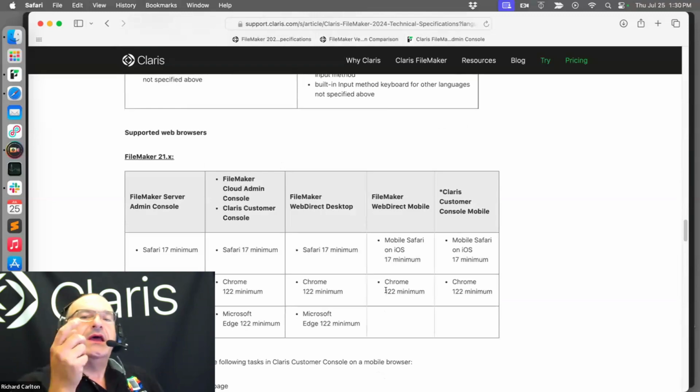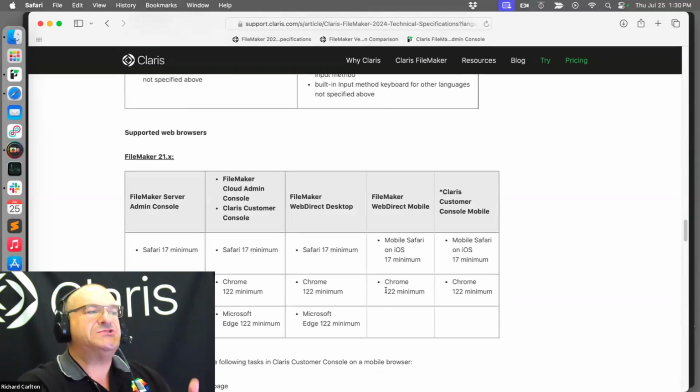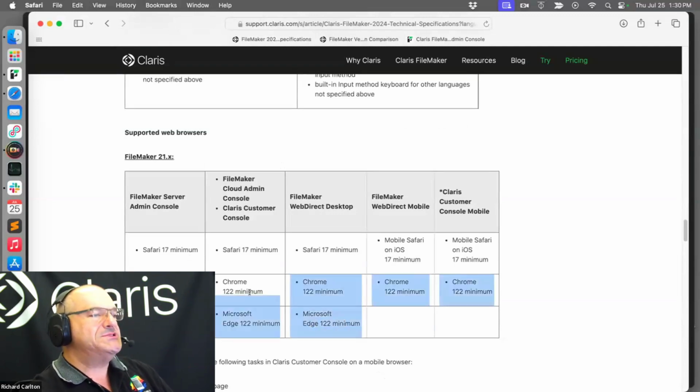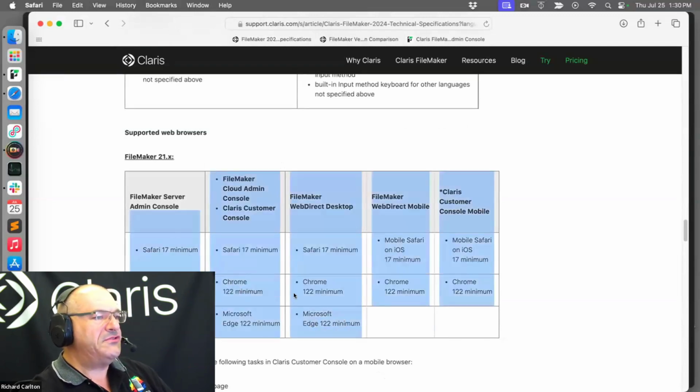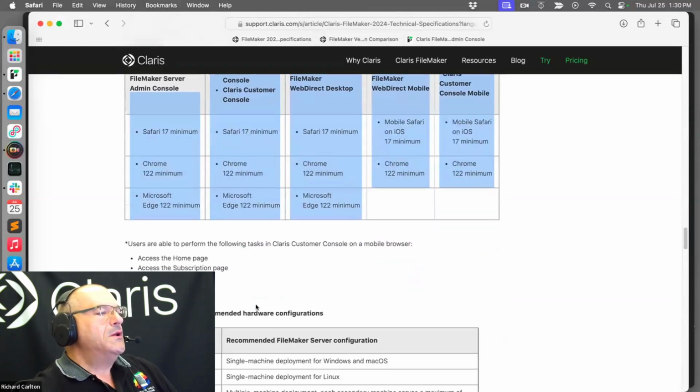WebDirect, big one. If you're using a web browser as your client, Nick Hunter's been doing training. We started WebDirect training this week. These are the specs for this: Safari 17 or Chrome 122 or Edge 122, right? So you need to know these things. And so these are the supported browsers. So you might be able to go backwards and use an older browser, but if it does something wonky or weird,